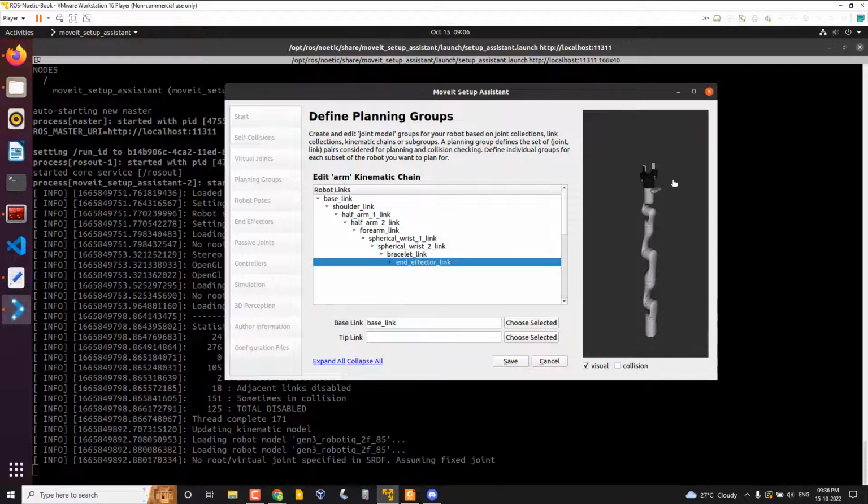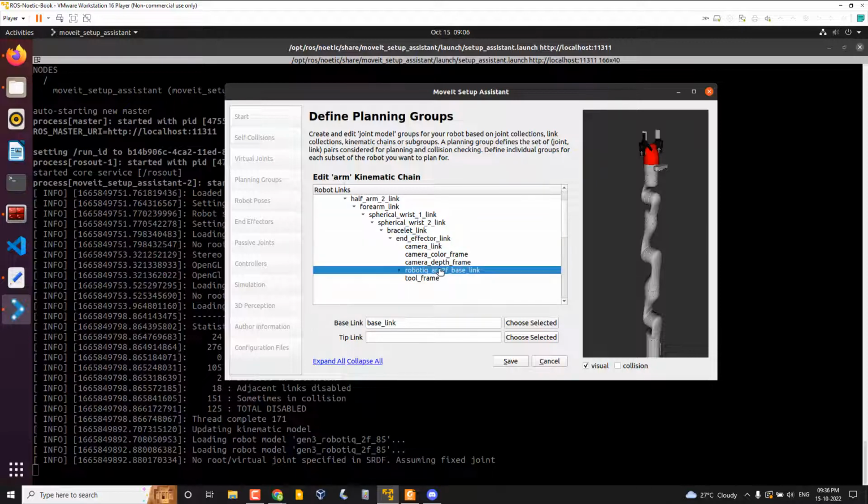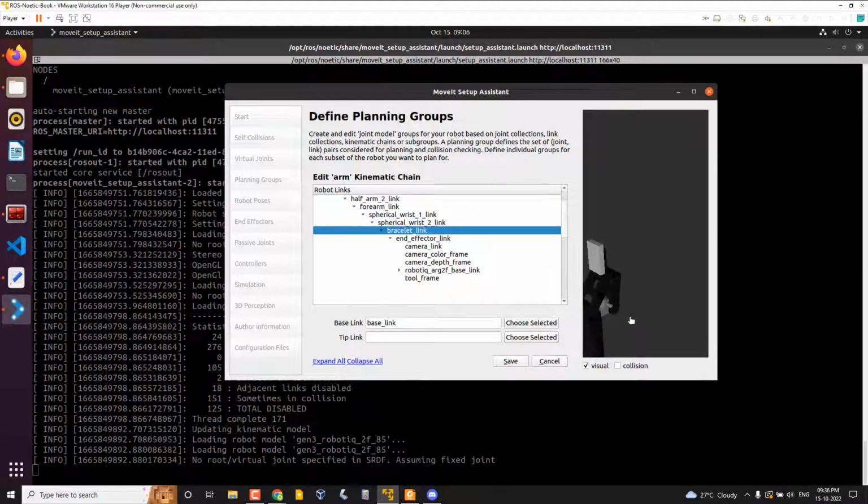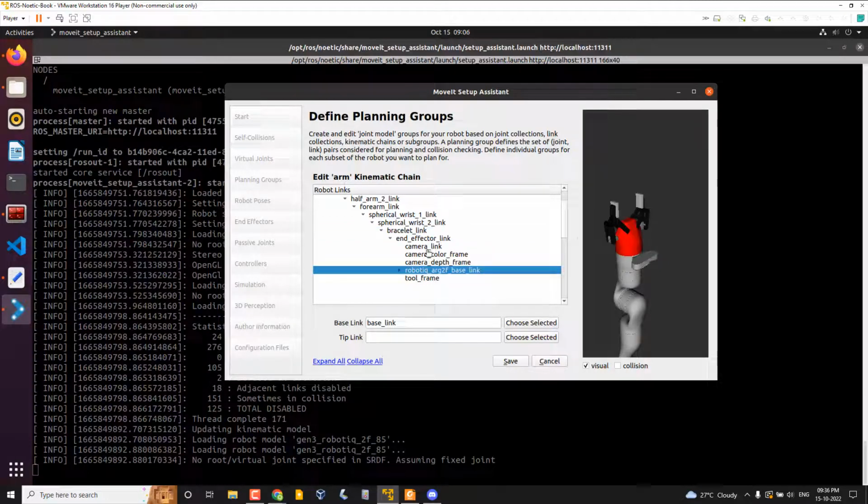So let me see which is the joint that we can make as end effector. It seems like the end effector link we can use. Okay, bracelet link will also work. Bracelet link is here, and the end effector link is here. Maybe I can choose the end effector link as a tip. Okay, then saving it,